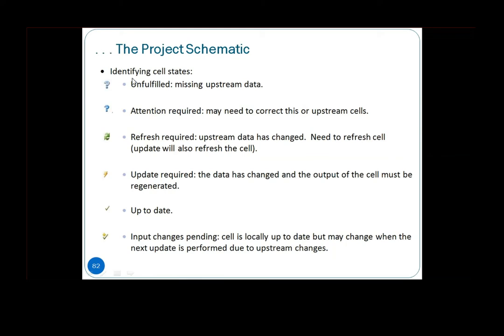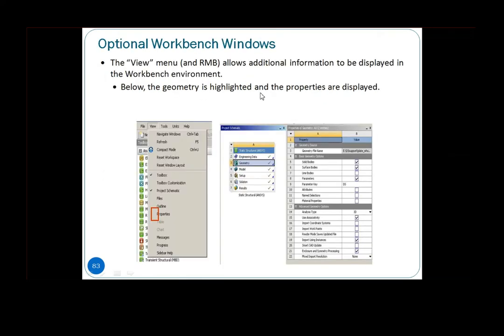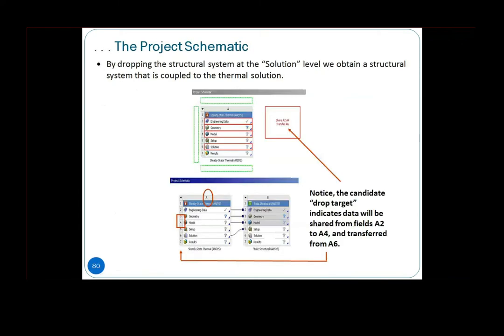So that is attention required. If you see this, meaning you don't have upstream data. If you go in towards here and you see all these question marks, meaning you don't have any information here in your upstreams. The upstream of this is this one, geometry. So you cannot read any geometry from this particular Mechanical. Under Mechanical, I cannot read any geometry or any dimension or any models that are available for analysis. So you need to